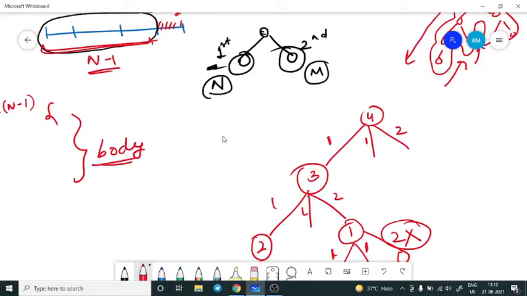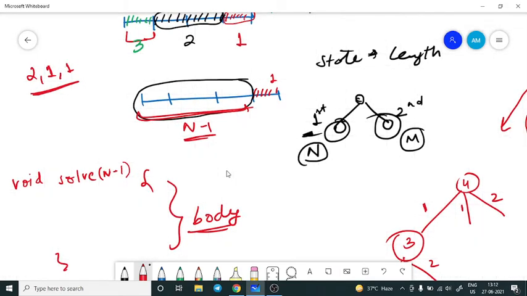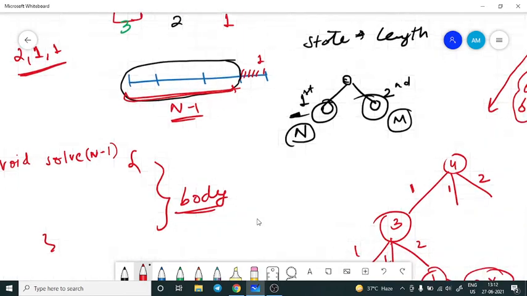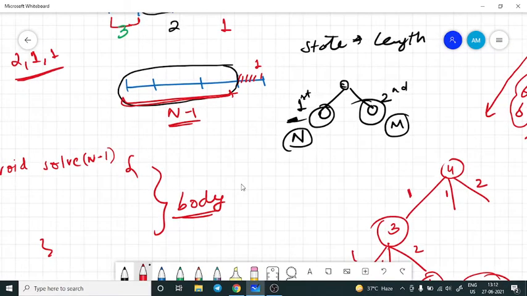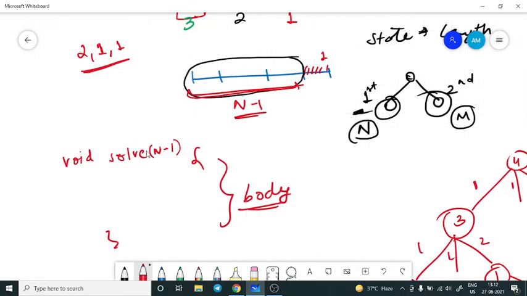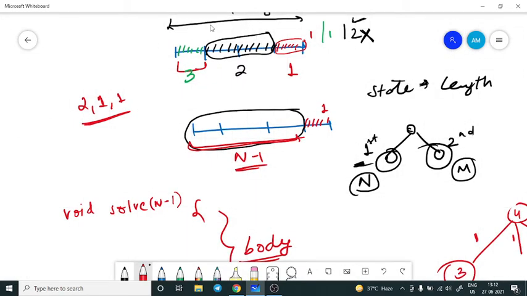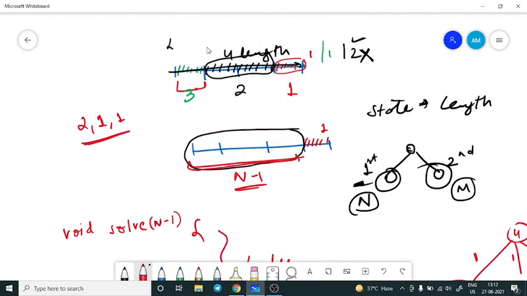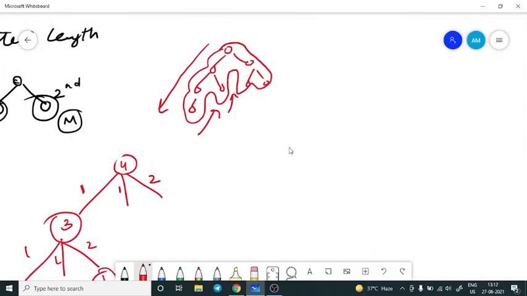Now, as I said initially, while beginning this session, this problem is somewhat related to another problem. So let me tell you that this problem is a knapsack problem, that means the classic dynamic programming knapsack problem. Why? Because at each point we have a choice, either to pick this one, this one, or this one. And once we have picked any of them, I am reducing my initial item, that is the length here, by that amount. So that's why it is a kind of knapsack problem. So now we can easily implement our knapsack approach.